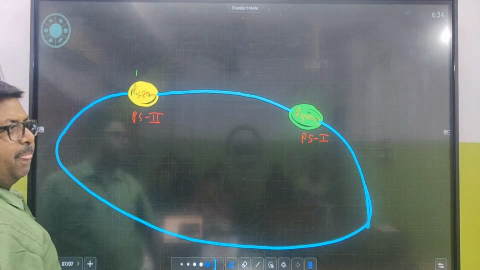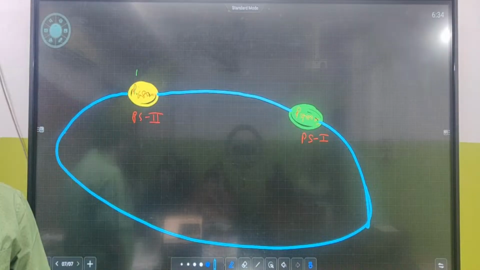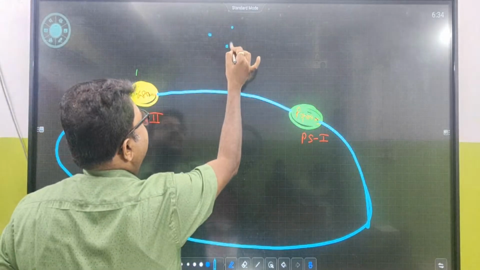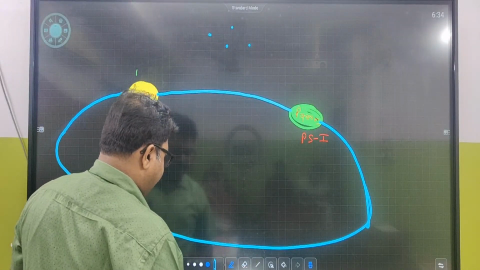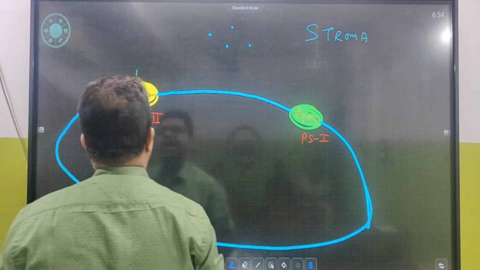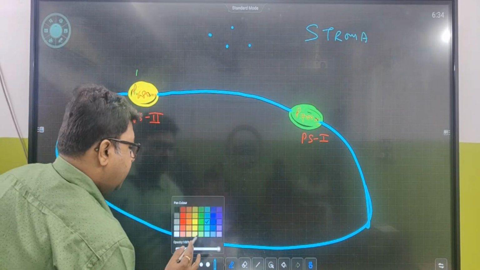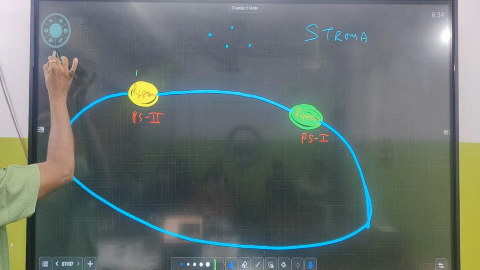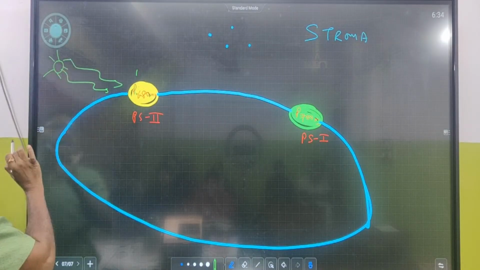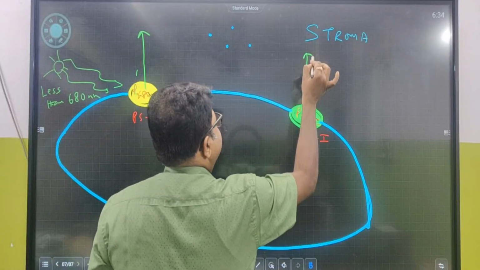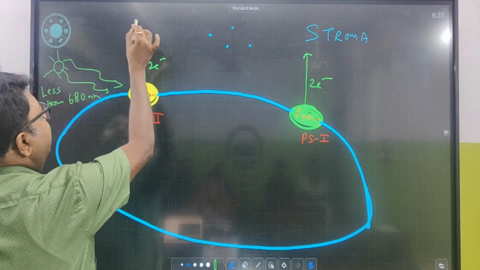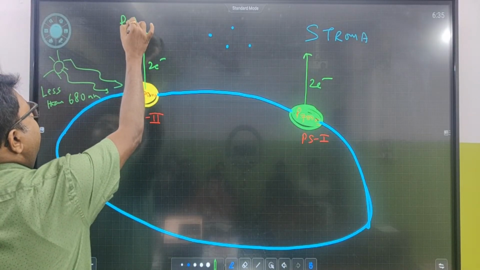What is this? Granal thylakoid. So it is present on the granal thylakoid. What is outside? Stroma. Very good. Stroma, matrix. Now, if the wavelength of light is less than 680 nanometer, PS1 gets activated, electron starts emitting, and is accepted by, help me,